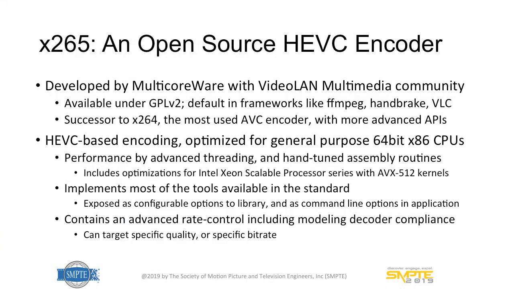X265 is HEVC-based encoding, and it is optimized for general purpose. We have optimizations even for the newer generation of Intel-based x86 processors, that's AVX-512-based optimizations. We implement literally every tool in the standard, right? Everything that gives you 0.01% is probably already in X265 over the last 6 years. Basically because in general it might give you 0.01%, but it's possible that in some weird use case, which is very important for a customer, it could be significant. So it's all there, it's all controllable, completely configurable. We have north of 400 options that you can configure. And we also do decoder compliance, which is an important constraint for any encoder.